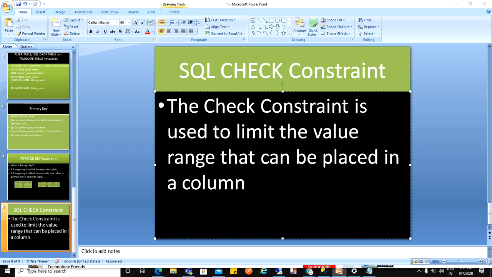Today we are going to learn about SQL check constraint. SQL check constraint is used to limit the range that can be placed in that column. So I can give an example like